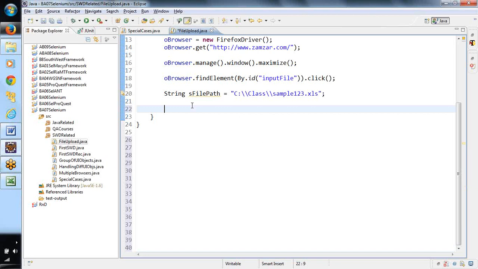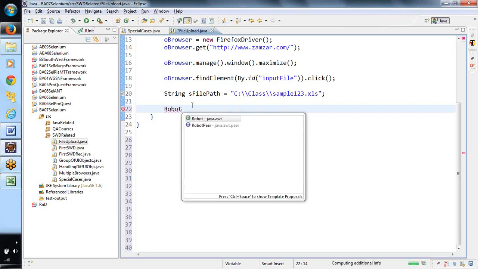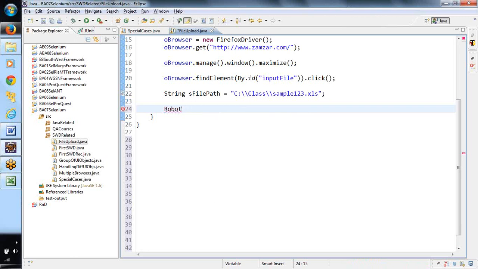Now here, what is the syntax for creating an instance? If you want to create an instance of a class, what do we need to do? Now see here, class name, object name, that one, right? See here, I'm using something called Robot. Now here you can use any name, any object name. Let me use robot equals new Robot. Okay, we have created the instance.